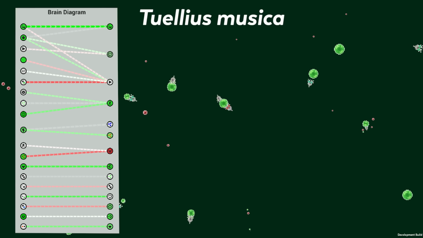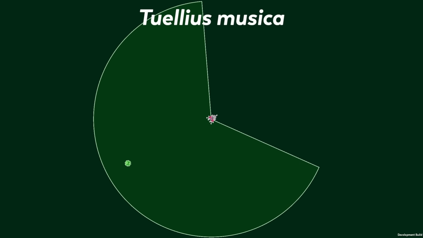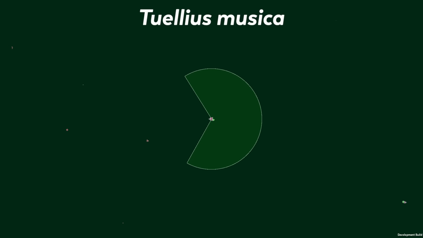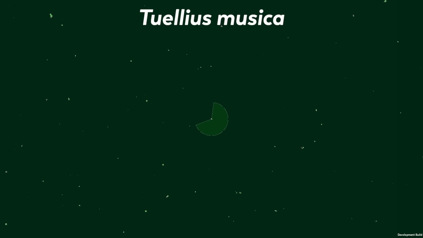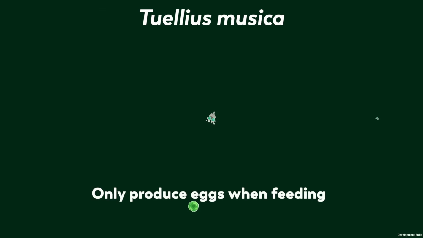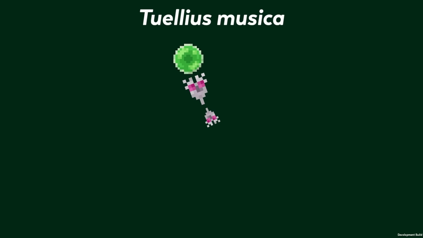Musica had many useful generic adaptations that allowed it to thrive and spread to the whole map. They were pretty small and had an increased field of view radius, despite starting off in the denser zone where it's usually not particularly selected for. They also were master of efficiency, presenting several adaptations like reducing their egg production proportionally to their speed, which had the effect of only producing eggs when they slowed down to feed on pellets. Similarly, their growth neuron was tied to their age in a way that allowed them to focus on finding their first meal before starting to use energy to grow.